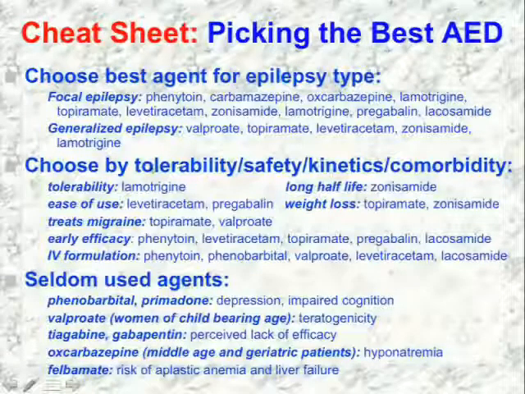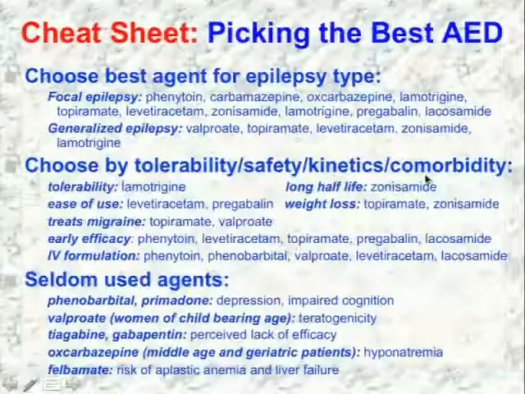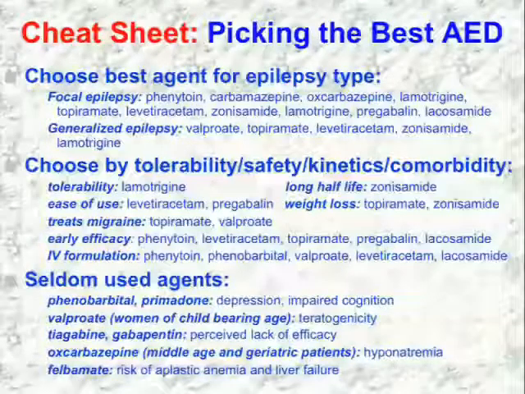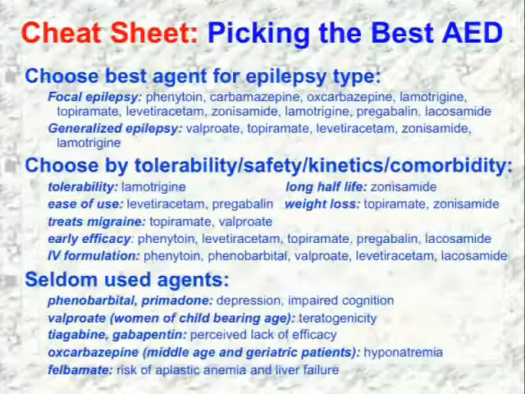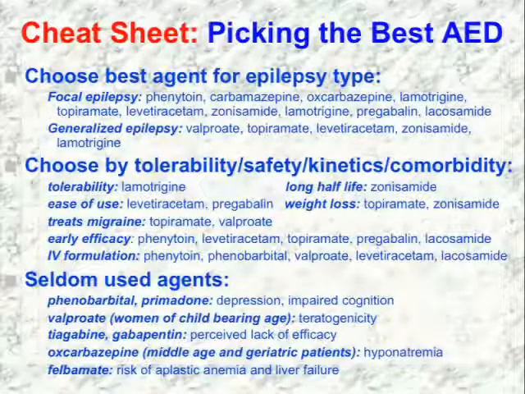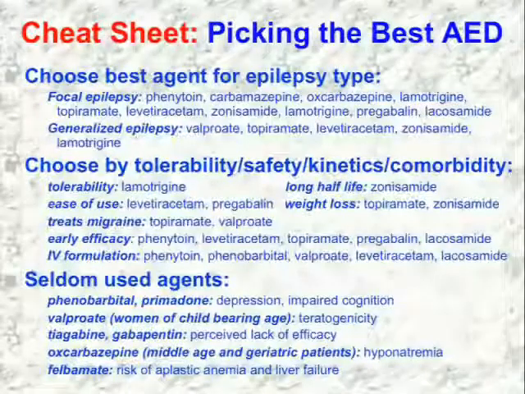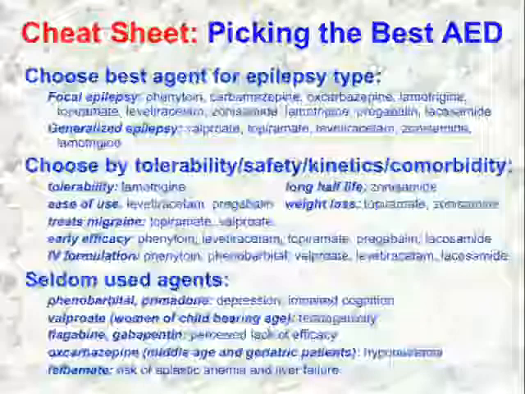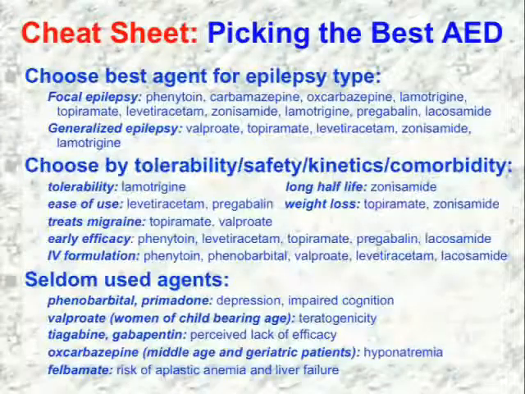The real key is the second part here. Choose by tolerability, safety, kinetics, and comorbidity. Because when you're seeing these patients with difficult to control epilepsy in clinic, the honest truth is you don't know which drug is going to work, or if any of them are going to work. And you can come up with a list of 5 or 6 drugs that are worth trying and have a chance of efficacy. So you choose among those 5 or 6 drugs based on their other properties, particularly their side